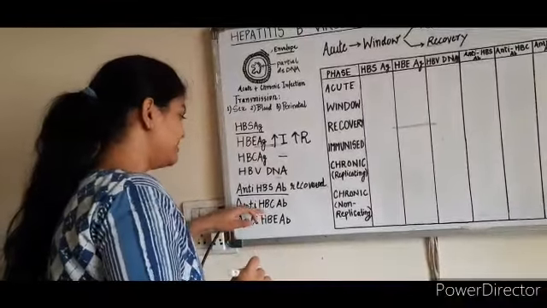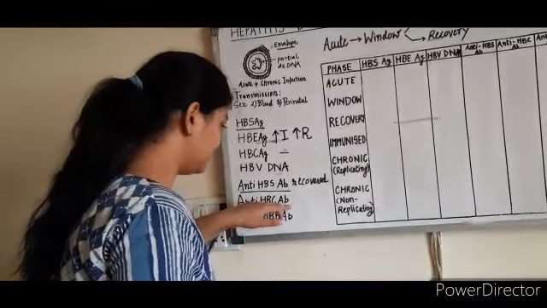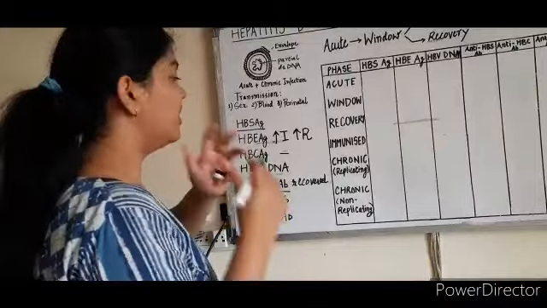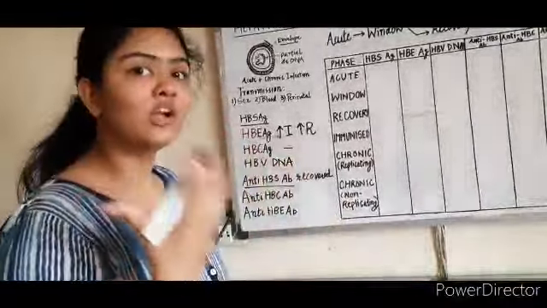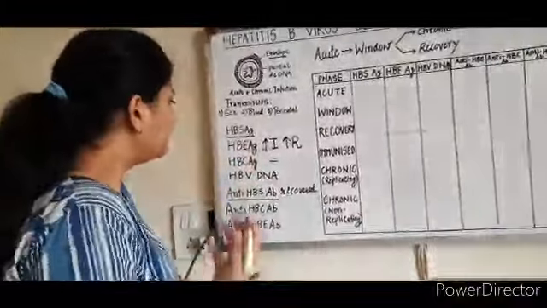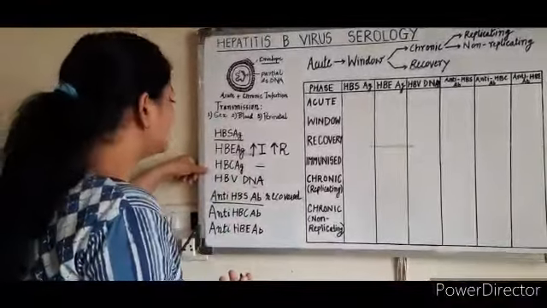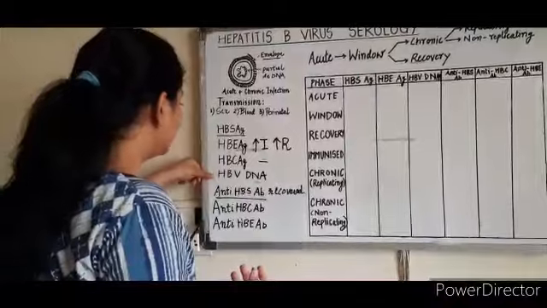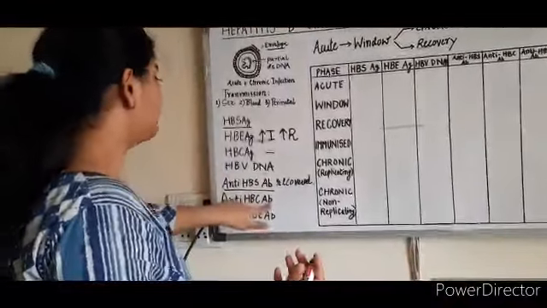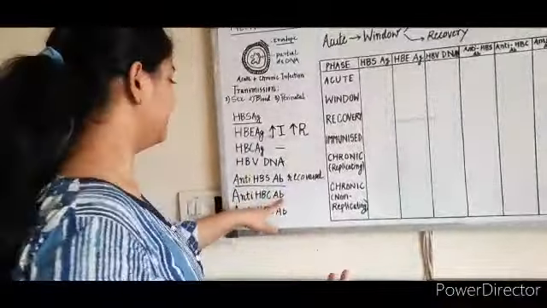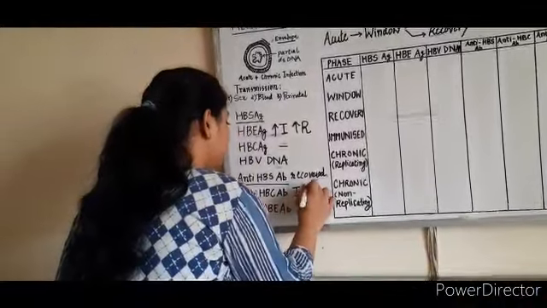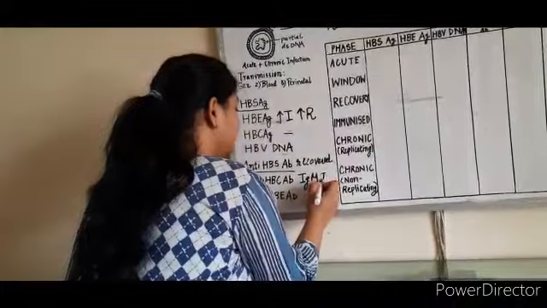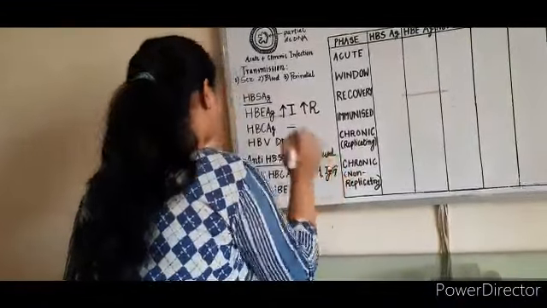The next we have is the anti-Hepatitis B virus C antibody. Now this antibody is the one that actually fights the infection, though it cannot help you to recover from the infection. It will keep on fighting and reducing the titers of all these antigens and all the DNA that you have within your serum. But it won't be able to help you recover from the infection. So in the acute phase, it shall be of the IgM type. And in the chronic phase, it shall be of the IgG type.